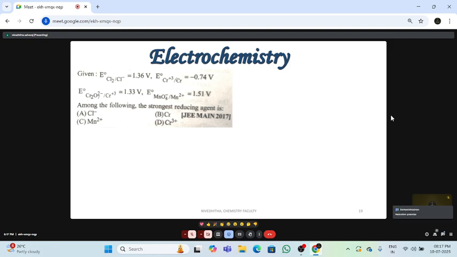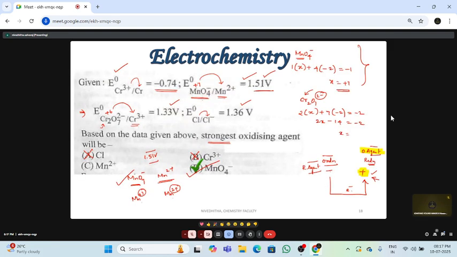Yes, all the values were reduction potential, so we can use these values. And what is our inference? If the electron is moving from the negative terminal to the positive terminal, this metal will get oxidized. The metal which is getting oxidized is considered to be the reducing agent. So for the metal to be the reducing agent, it has to be a negative value or it should have the